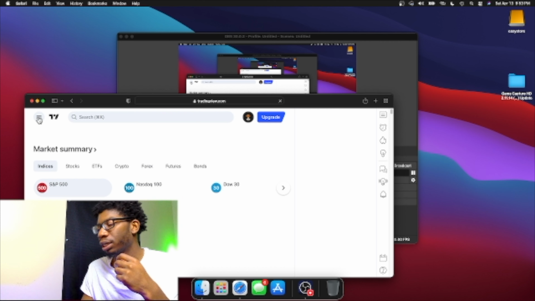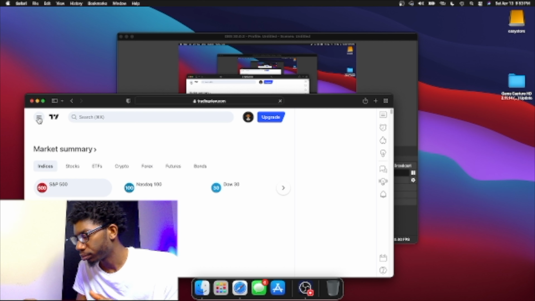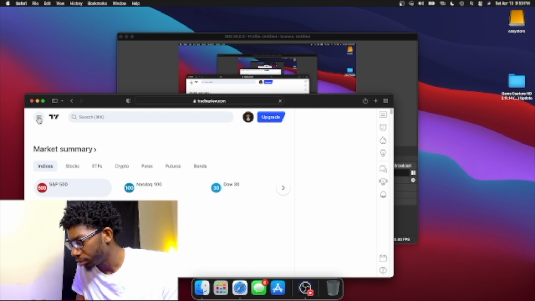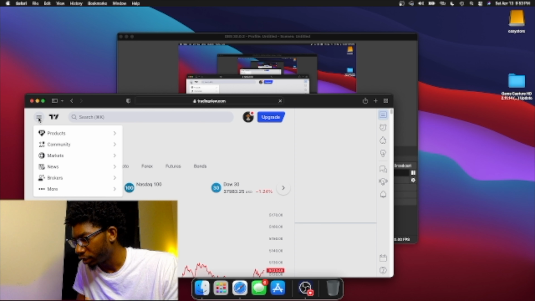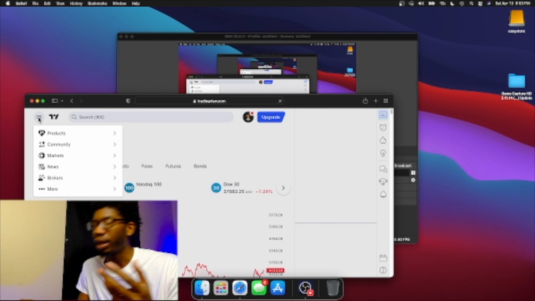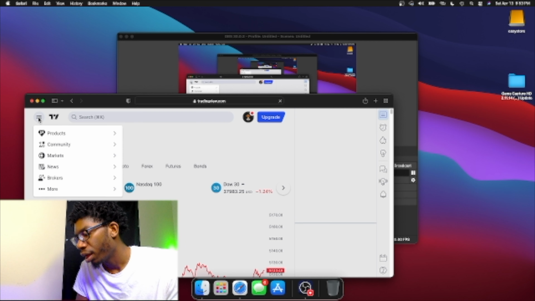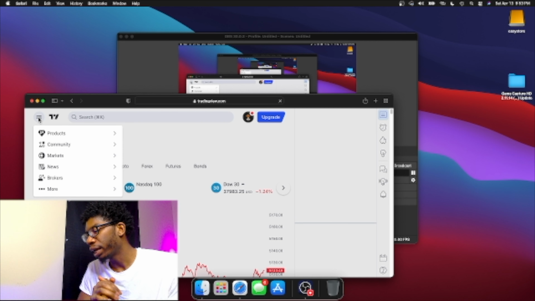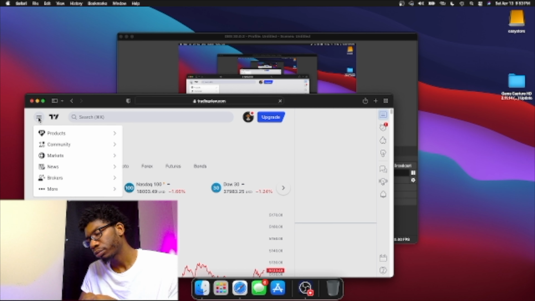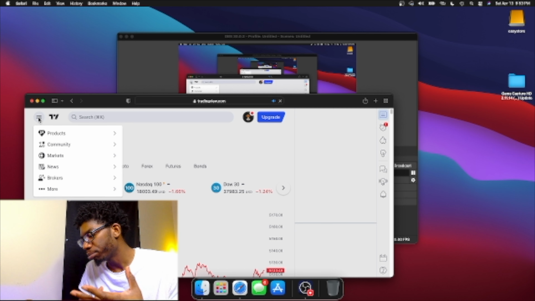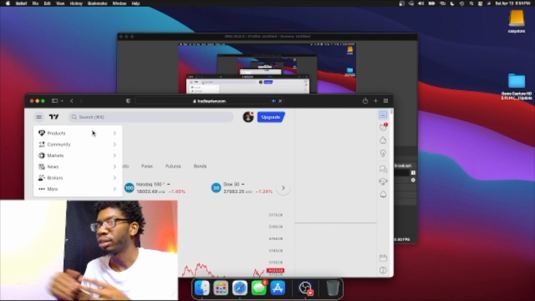Although I took that L, let me see where it said. So I had lost 1, 2, 3, 4, 5, 6, 7, 8. I had 8 stacked entries, all 0.11s, and they went down -$5.38 because they were all at the same entry. That probably was the biggest loss. And then I came back and got some buys, and it was just a day where I had lost a lot of the profits that I had made.